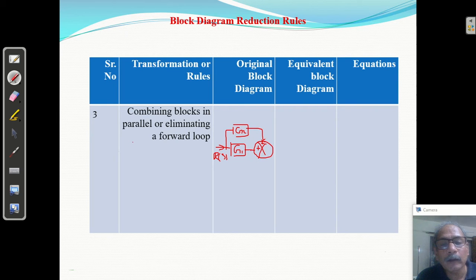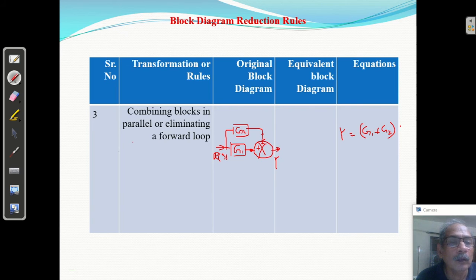So what is the quantity you are getting? G1 into R. What is the quantity you are getting here? G1, G2 into R. So what is the output? Y. Y equal to what? Y equal to G, for both G1 and G2, input is R of S. So output is what? G1 plus G2